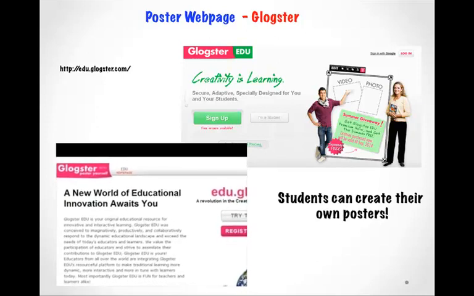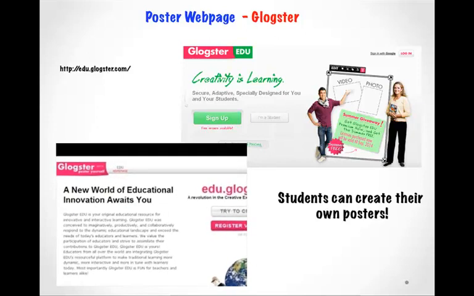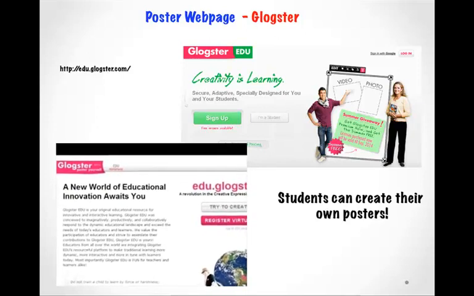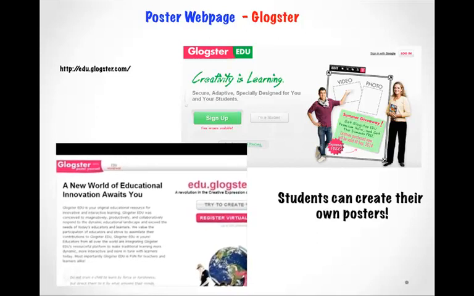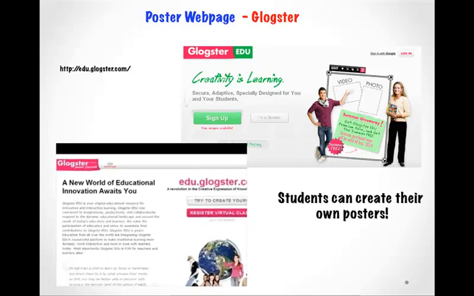Glogster is a great way for students to display knowledge on a topic. It can be used across the curriculum and enable students to demonstrate their creativity. Students can create videos or podcasts to include in their blogs. The possibilities are endless. To begin, visit